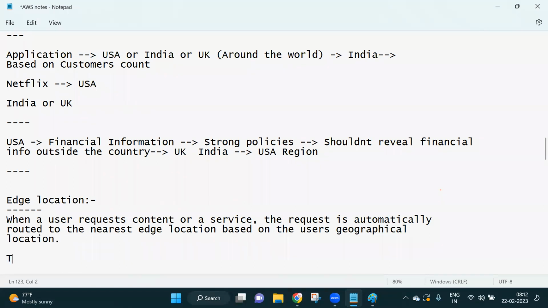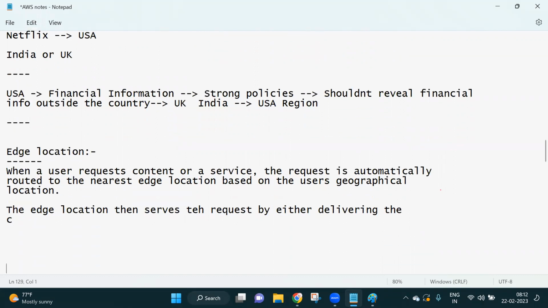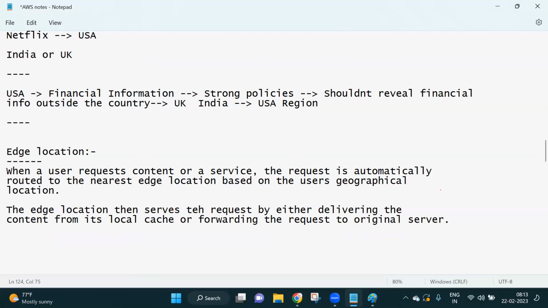So then the edge location serves the request by either delivering the content from its local cache, or forwarding the request to the original server. So this is the meaning of edge location.